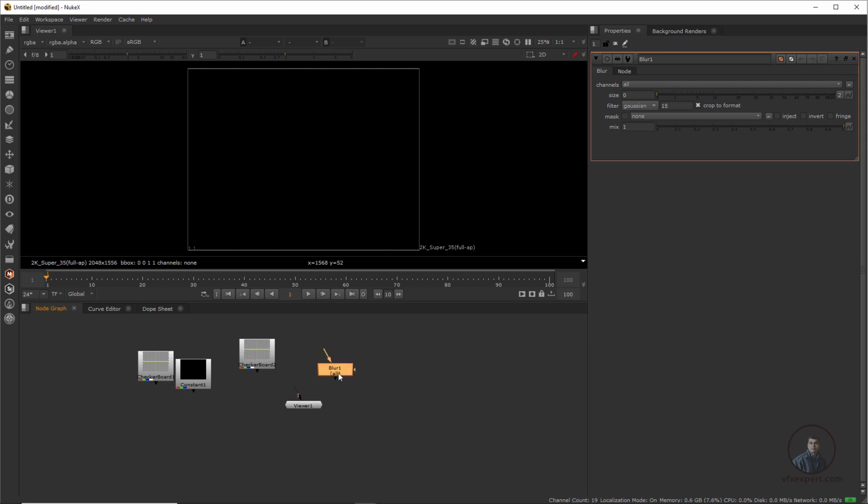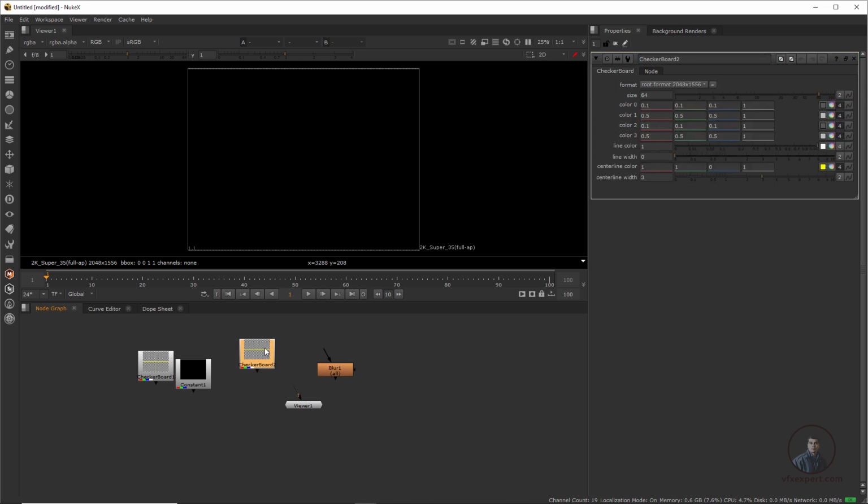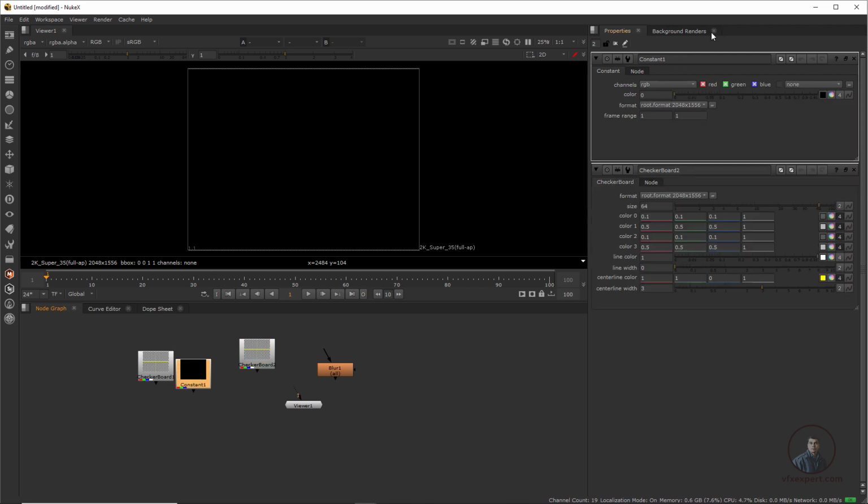Simply double click here. Now you will get this Blur node properties here, and if you click on this Checkerboard properties, just double click. This will show you only this Checkerboard property. Like this you can define the number of properties according to your requirements. Here mainly we will work on 1 or 2 properties. Suppose you type here 2, then you will get only 2 node properties inside our properties bin here.